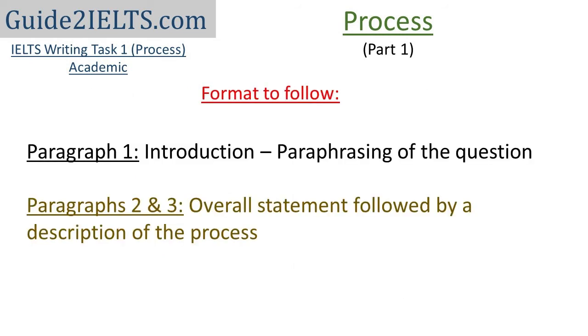If there are two processes, we'd write about the first process in paragraph 2 and about the second process in paragraph 3. However, if you're writing on only one process, it is advised that you still make two separate paragraphs. This is because one small introductory paragraph followed by a huge body paragraph is not recommended. So, if there are 5 steps, you could have 2 steps in one paragraph and 3 steps in the other.